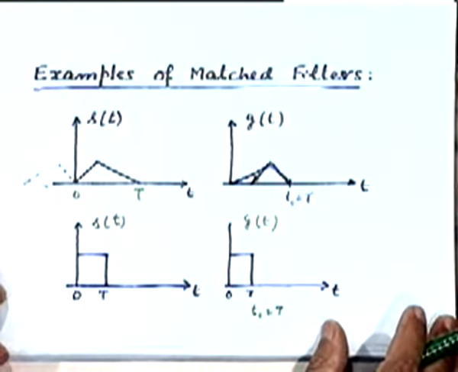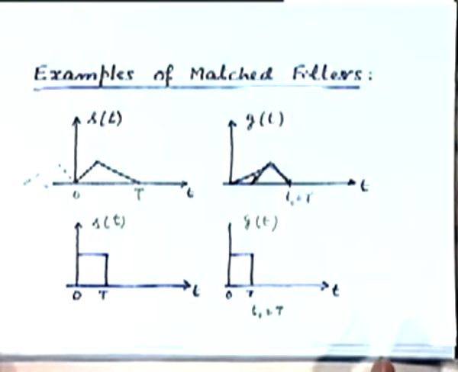So that's why matched filter based demodulation is really a symbol by symbol demodulation. You look at one symbol at a time, sample the output at the right instant, and in fact that is a theory that we used even when we discussed Nyquist pulse shaping, because we assume that we are going to look at the output of some filter, which in this case is nothing but the matched filter, every T seconds. That is why we wanted the output pulse shape to be such that there are regularly spaced zero crossings every T seconds.